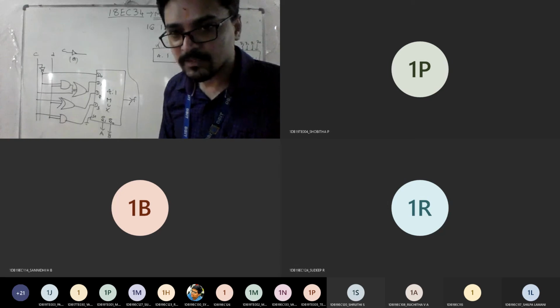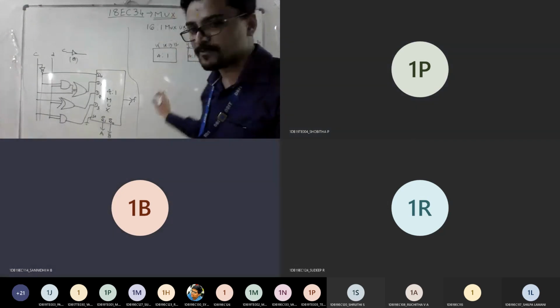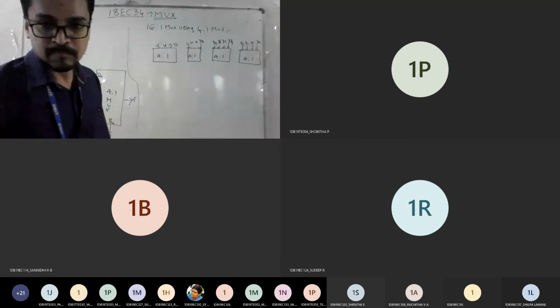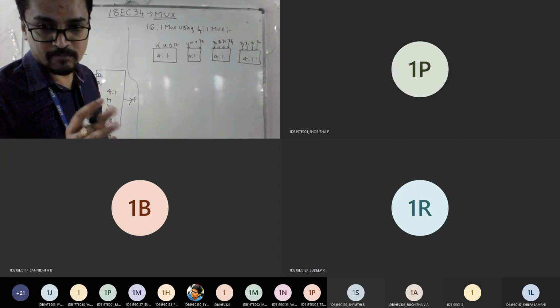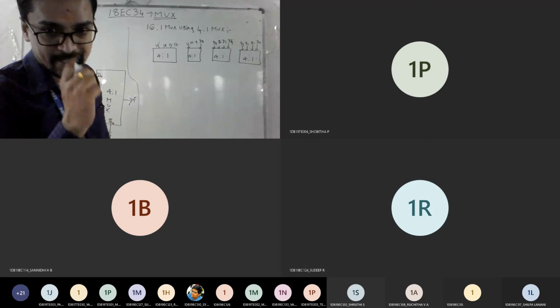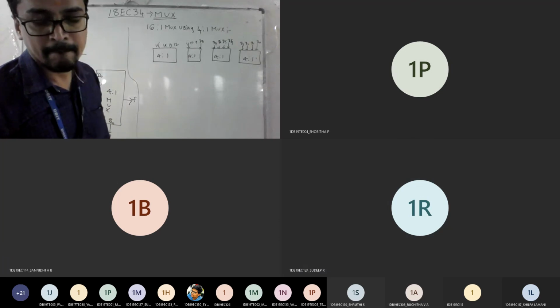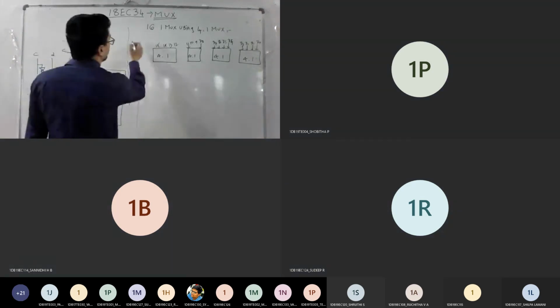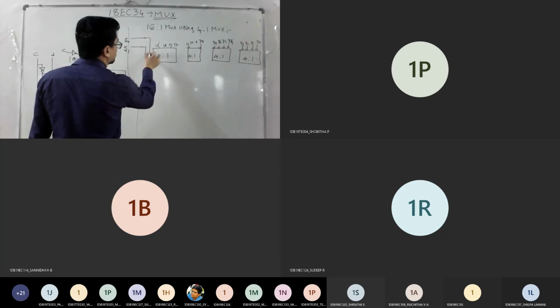Everyone agree? Yes, sir. For these 4, what is the common selection line? Out of the 4 selection lines, S0 and S1 are common for these. Agree? So I can take S0 and S1 selection pins somewhere here and connect like this.